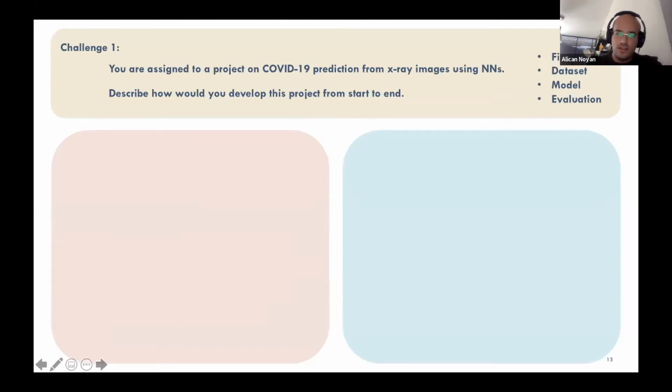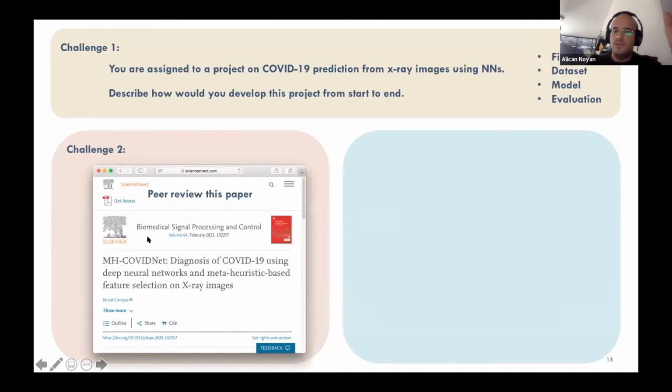So the second challenge, I want you to peer review this paper. I don't want you to be lost in details, right? You can do a peer review for hours, but just the basic points. If you want to, there's a platform, PubPeer. You can put your public peer review there. This is totally optional, but I really like this website, and that's why I wanted you to know about it.